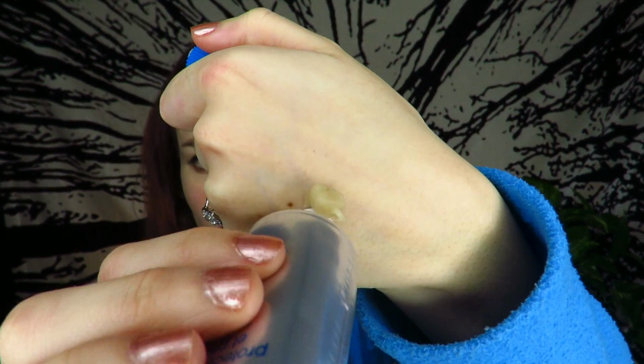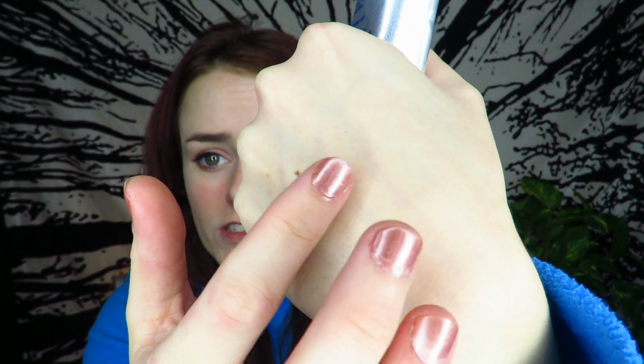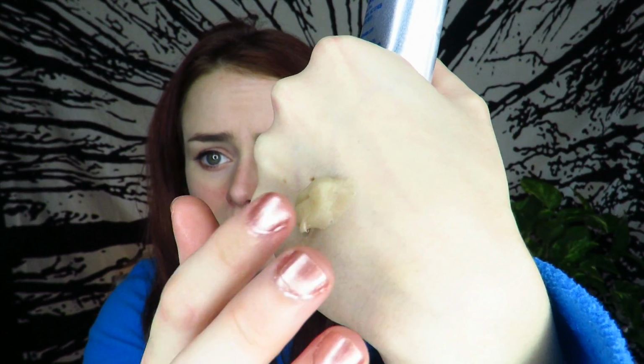I probably use that much, maybe a little less when I do it. So I actually did not want that much. Whatever, we'll waste a little bit for the sake of the video. So I'm gonna rub it on my hand here. And this stuff is very sticky when it warms up. Like, now that it's been on my skin for a few seconds, it's sticking to my skin,